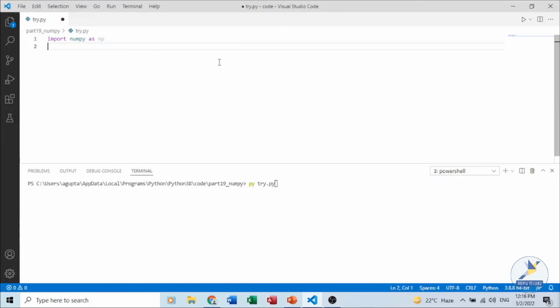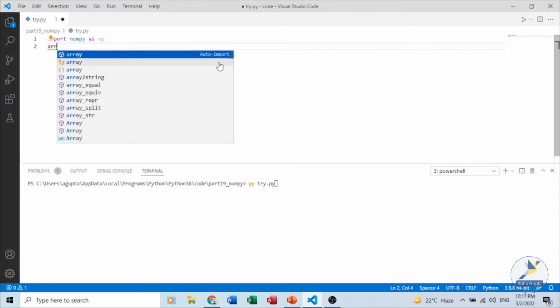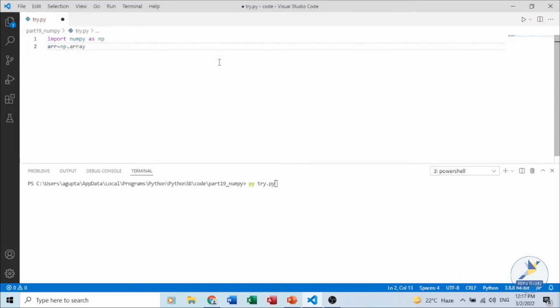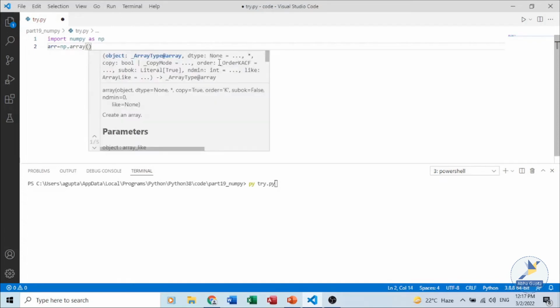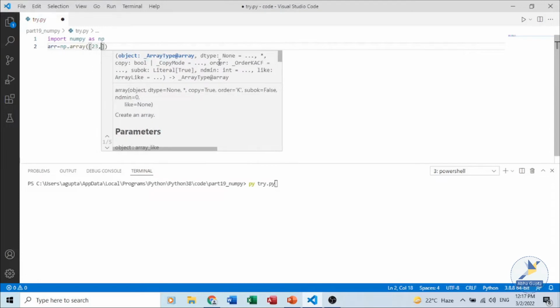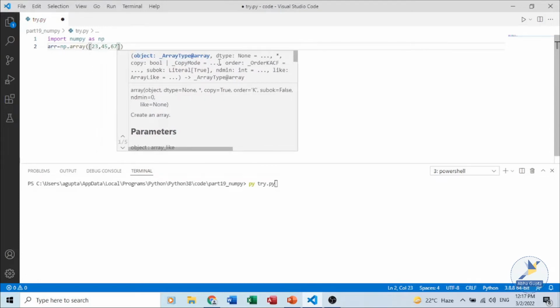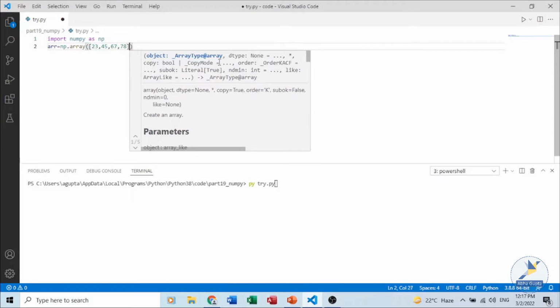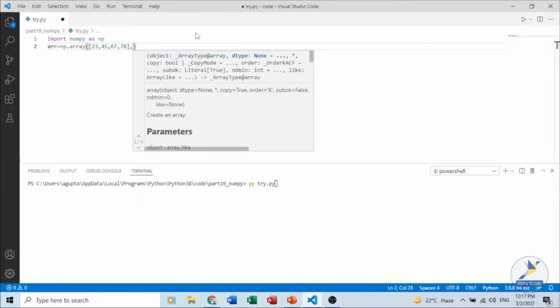While creating a NumPy array or an ND array, we can also specify the data type of the array. Say we have imported the NumPy module, and let's create an array. Array is equal to np dot array, and let's specify the data first. This is the data, comma, you could see here also dtype is equal to, and there are other arguments which we can pass. We'll discuss that as well, comma.